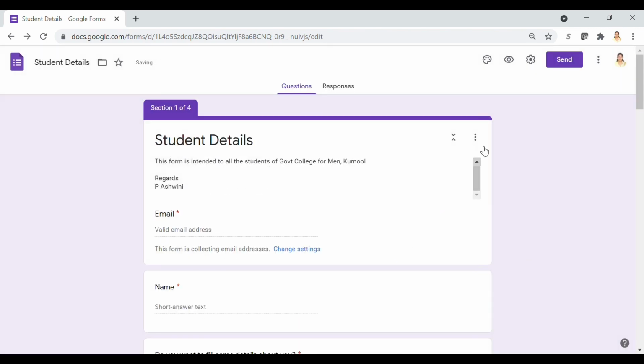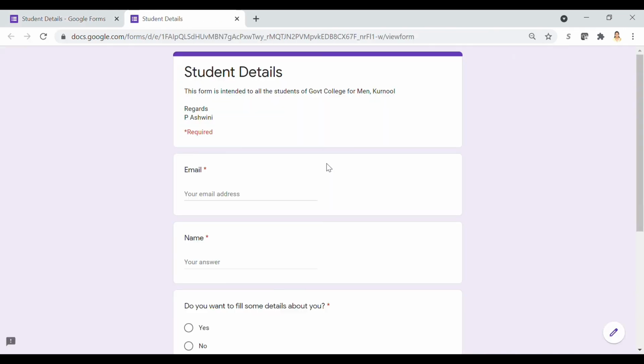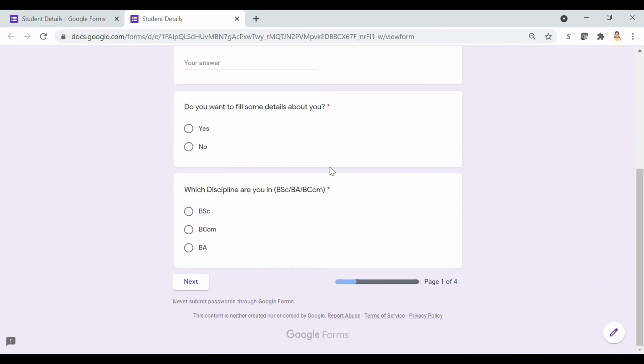To see how others view your form, click on the eye button next to the settings button on the top right corner. This will show the screen which others will see.